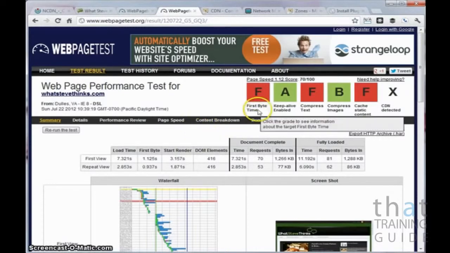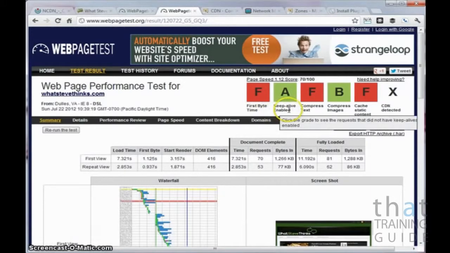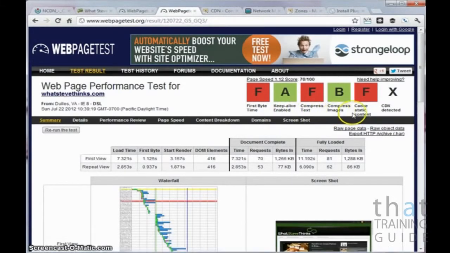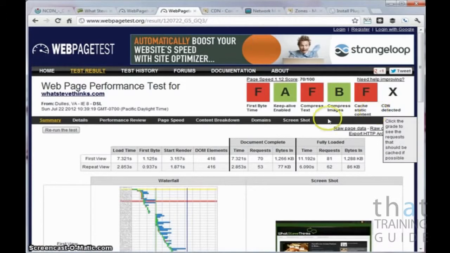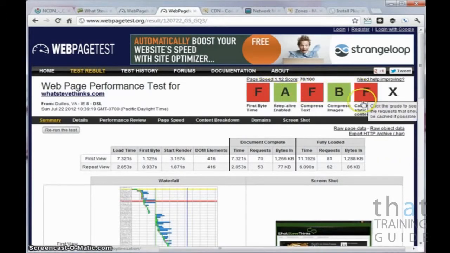The test tells us that the first byte time gets a grade of F, Keep Alive Enabled is an A, Compressed Text is an F, Compressed Images is a B, Caching Static Contents is an F, and there's no CDN detected. So the page speed score is 70 out of 100, and we see 3 Fs here, and we obviously